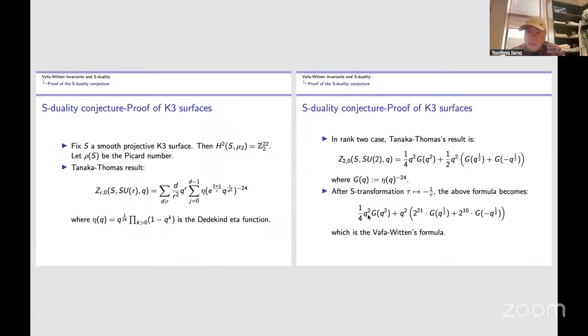So this formula here is really the formula in Vafa-Witten's paper, 1994. We can take a look at that paper in Nuclear Physics. It's very interesting. When I first looked at this formula, I didn't know where it was coming from. This 2 to the power 21, for example, 2 to the power 10, where is this coming from? In the SU(2) case, you don't have that number, but here you have this big number, 2 to the power 21.